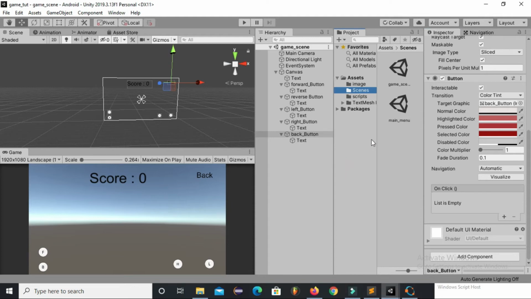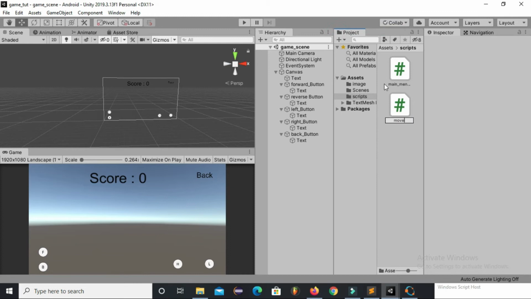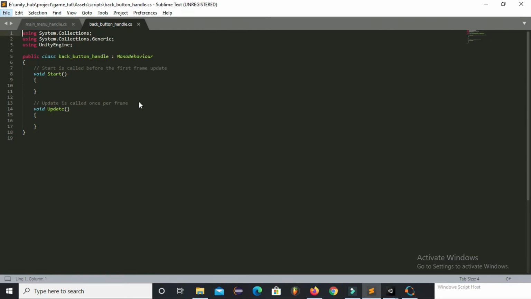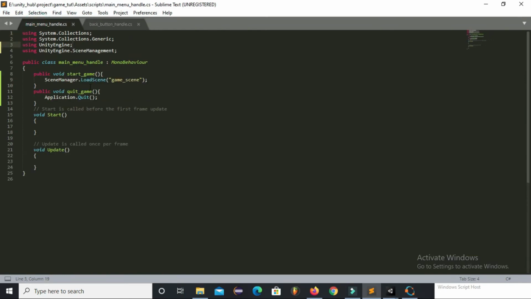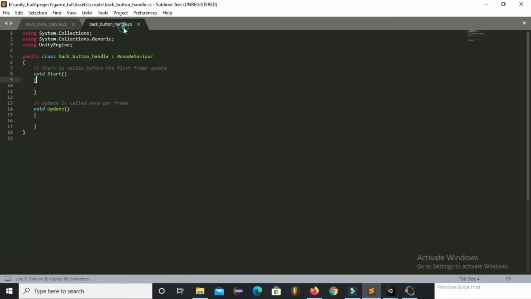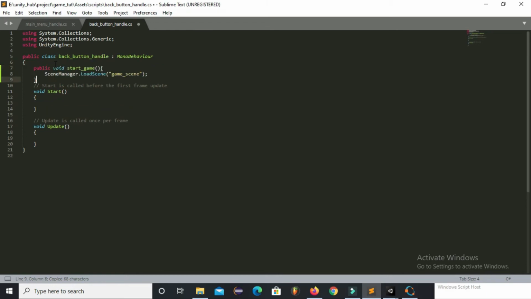Everything is fine. Now we will add a script. Open this script in Sublime Text Editor. So we are in the Sublime Text Editor. In the last video we created this script, so we will use this function. I'm just directly copy pasting it.